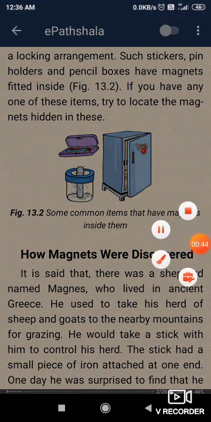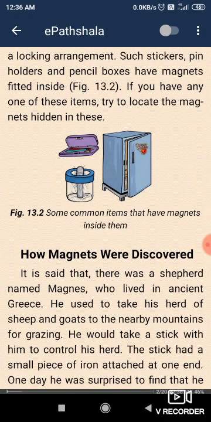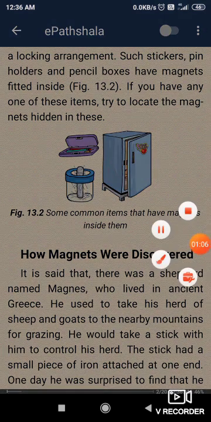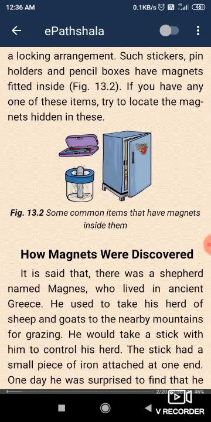Students, let's see how magnets were discovered. It is said that there was a shepherd named Magnus who lived in ancient Greece. He used to take his herd of sheep and goats to the nearby mountain for grazing. He would take a stick with him to control his herd. The stick had a small piece of iron attached at one end. One day he was surprised to find that he had to pull hard to free his stick from a rock